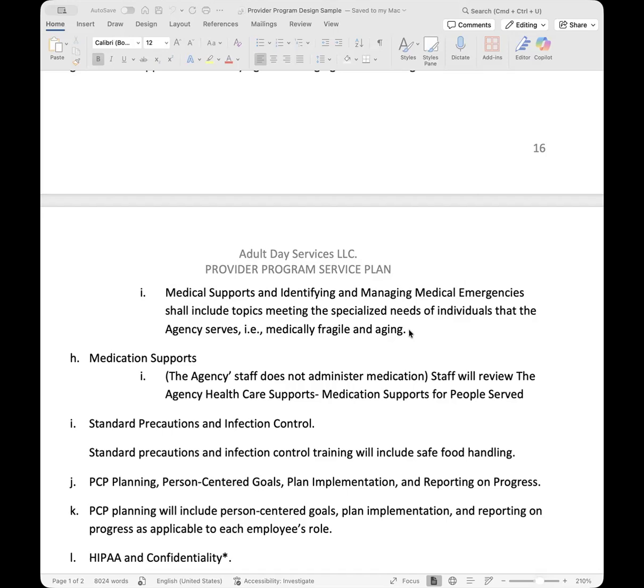If you don't have a nurse on staff, your go-to would be calling 911. You never want to put your staff in a situation where they have to determine if something's a medical emergency and if something's not. You want to give them some basic guidelines, but if all else fails, if you don't have a medical professional on staff, you want to always revert to just calling 911. If somebody, for example, hit their head, but you're like, it looked like it was pretty hard. I'm not sure if they hit it hard. They seem like they're a little out of it. Call 911. Just have them checked. You always want to err on the side of caution.